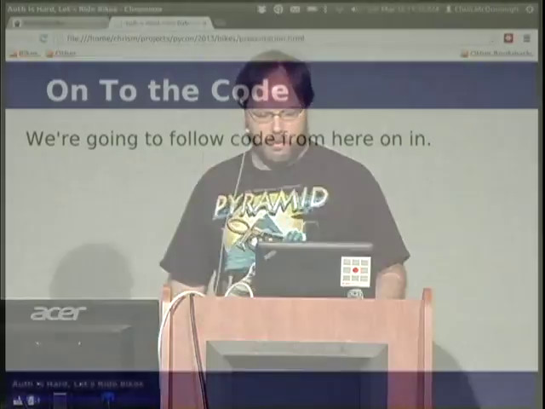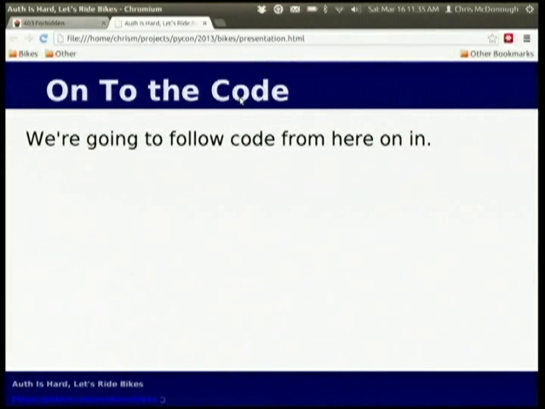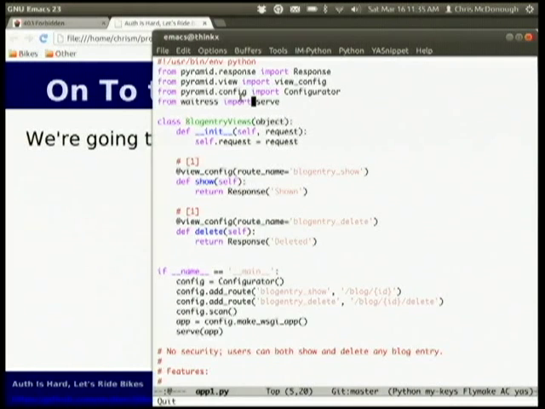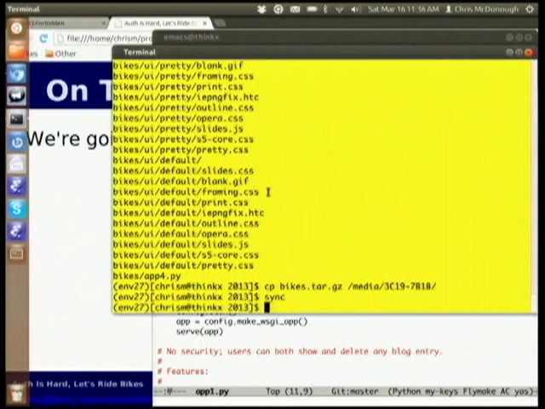Okay, so I'm going to show some code from here on in. There will be no more slides, well, except for the end. The first bit of code that I wanted to show you is a very simple application with no security at all. When we run this application, and you visit